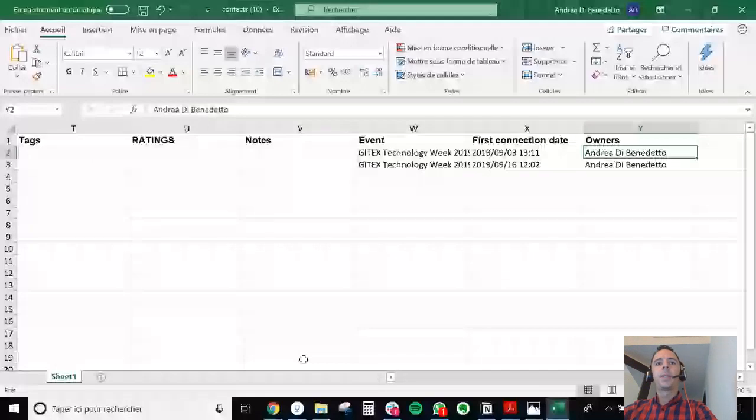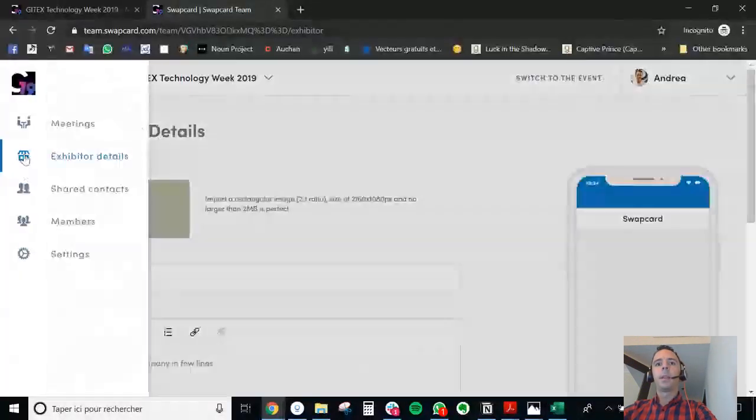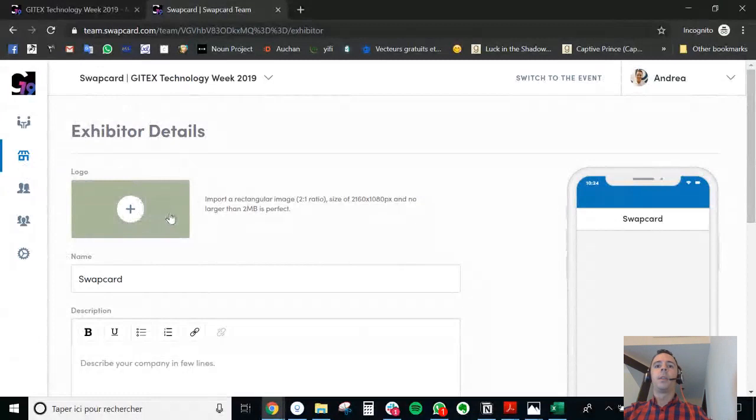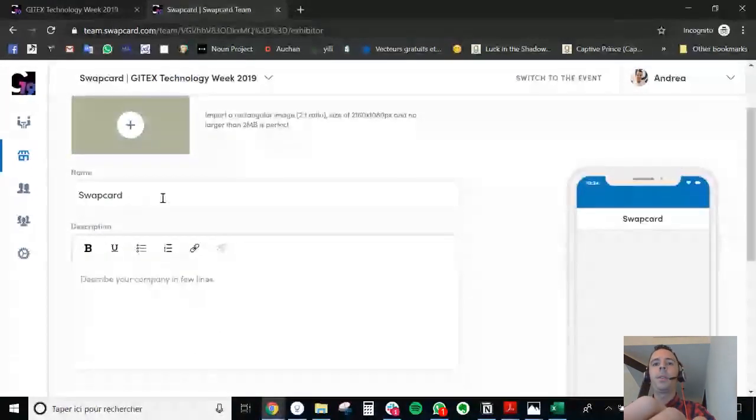Here in the exhibitor details part, you'll be able to update your logo if you want. You'll be able to update your name, to change your description, to add your social media, put your website and your address. And here in your meetings, you'll be able to see all the meetings of your team members. So you can export all of the meetings, but you can also accept them here. See,